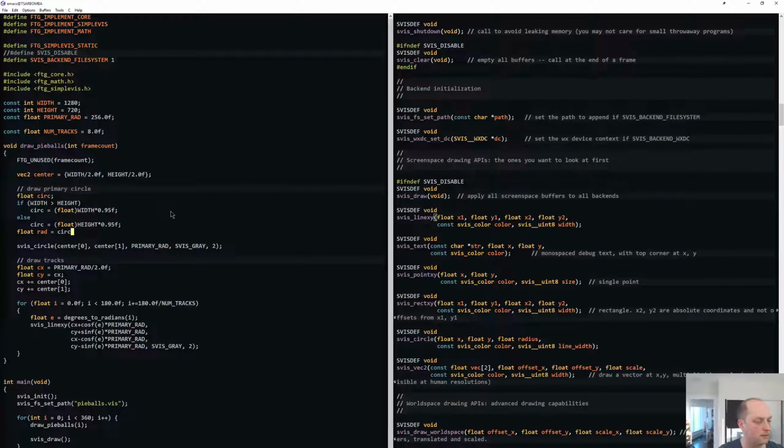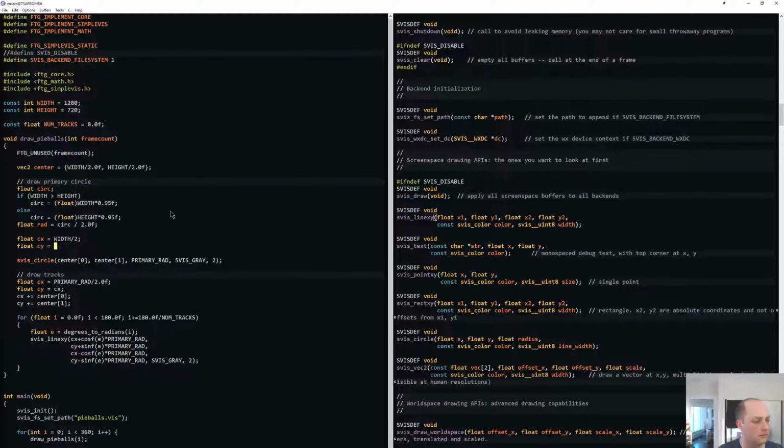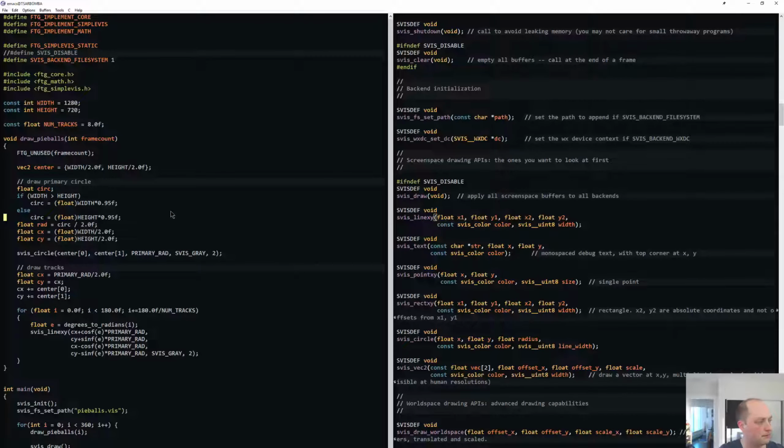Radius. That's what I should have been doing. Primary rad can die. Okay. And then center X, I'll just do it like this, equals width divided by 2. So equals height divided by 2. Let's cast that. Now when we draw the circle,